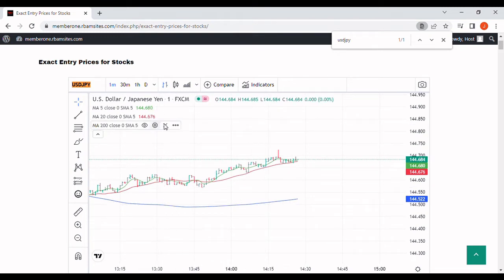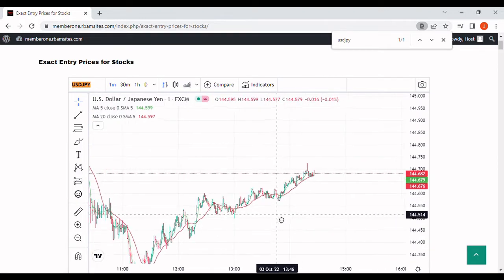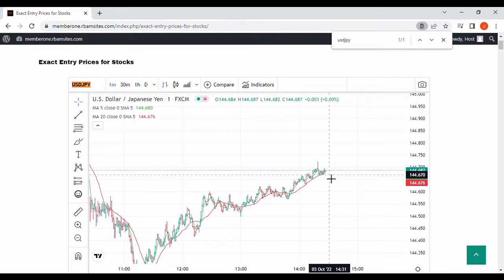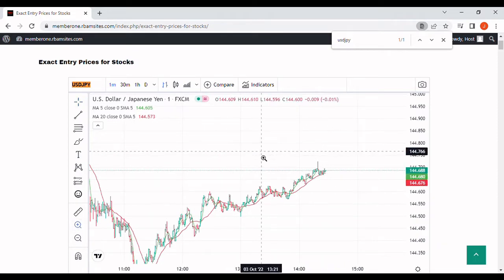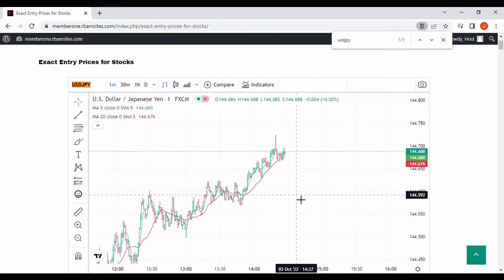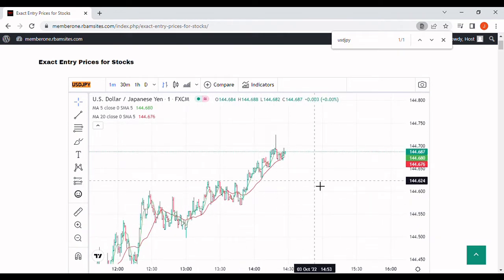So what we're going to do real quick is take a look at the yen, and we're going to day trade it using a crossover system that gives us exact entry prices. If we can expand this real quick, we're just going to come through here. What we're looking for when we're using moving averages on a 1 minute chart, and you can use this on the S&P 500, you can use it on currencies, you can use it on a lot of things that are